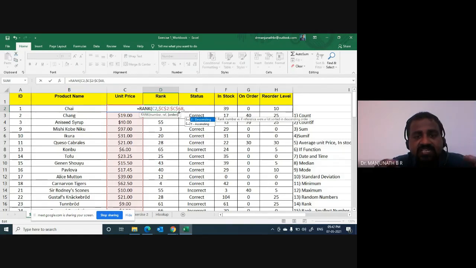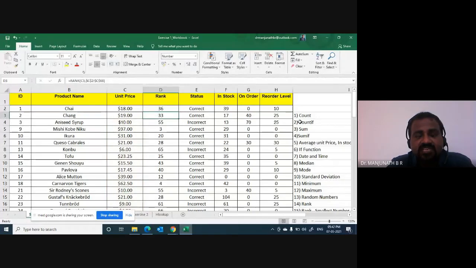After the selection of the range, you type a comma and now it is asking you 0 or 1. 0 means it ranks the number as if the reference were listed in descending order. Now type in 0 and close the bracket. Now say enter. The first cell I edited, the same replication should happen for all the cells. Therefore, I double click.